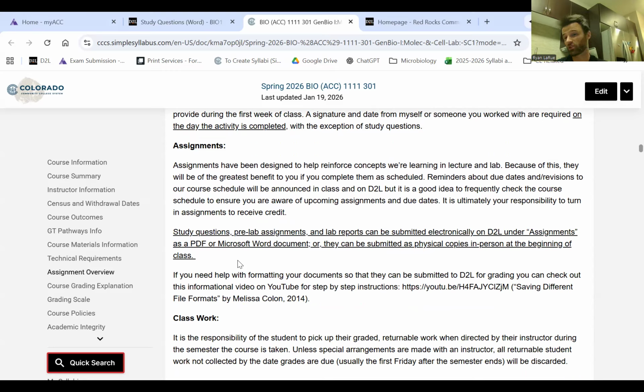You can submit them electronically on D2L under assignments as a PDF or a Word document, or you can type and print out your answers and hand them to me, physical copy, or handwrite. So I'm pretty flexible with all of these different ways to turn in your assignments.